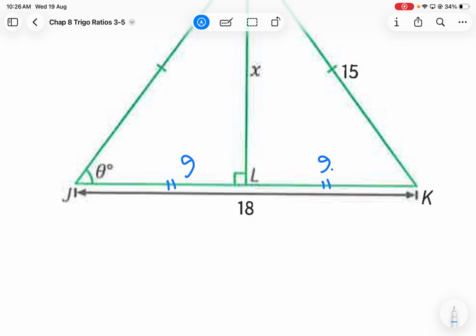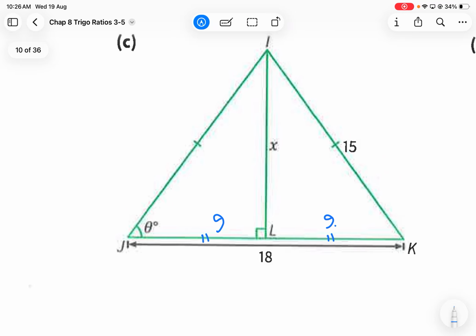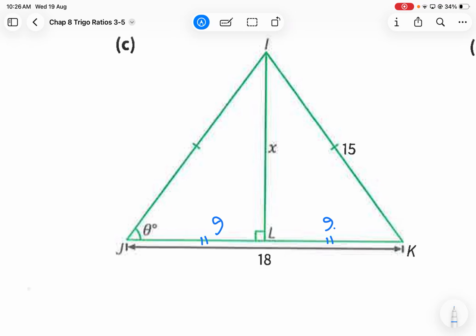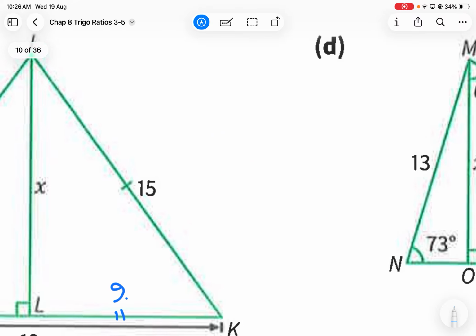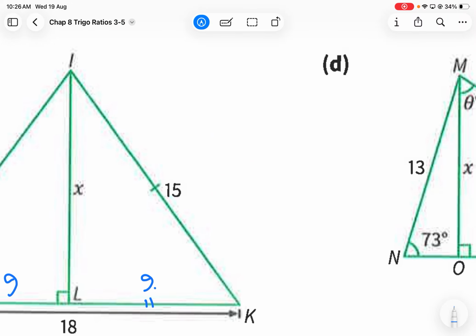Once you know that, you have two right angle triangle. And out of the two right angle triangle, there is information for you to find x. I look at this right angle triangle first. I don't even need to use Trigo. I know 15, I know 9. What is the thing that I should use? Pythagoras. Because these three sides